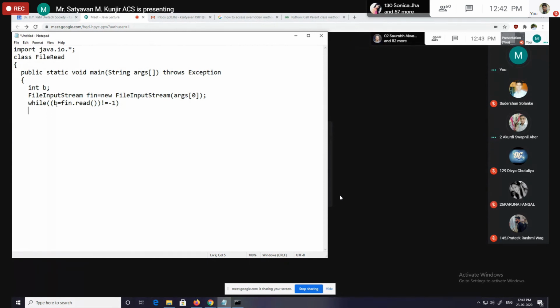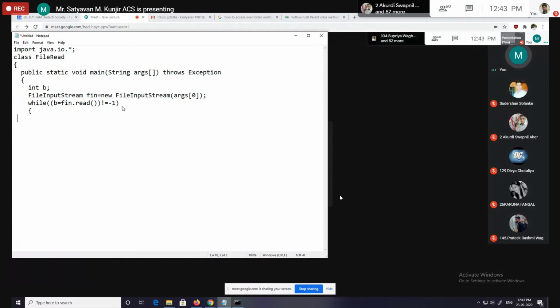See, first I wrote only this statement. If you call the read method only once, then it will read only one character. Then how many characters do we have to read from a file? Multiple. So I have written that statement in a while. But we have to read the entire data from that file. Then who will tell whether there is an end of file or not? So I have compared the entire statement with -1. -1 indicates end of file. Until the end of the file, the data will be read.